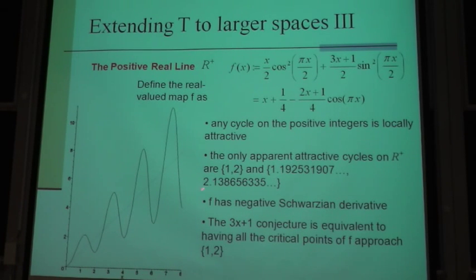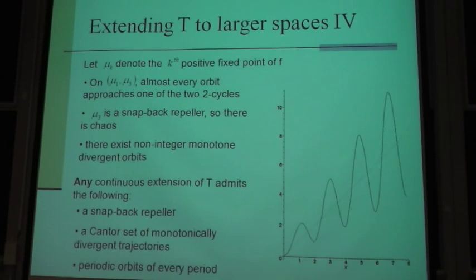For people who know dynamics, this map has what we call negative Schwarzian derivative, which is important. It means that we only need to be looking at the critical points of this function to understand the long-term dynamics. And indeed, I could show that the 3x plus 1 conjecture is equivalent to showing that the critical points of this function all iterate to 1, 2. Unfortunately, there are an infinite number of critical points, so is this any easier than studying the original problem? I did some more analysis, and maybe in the interest